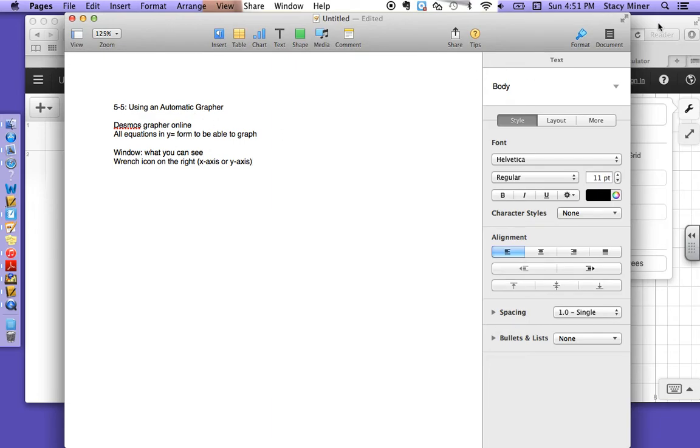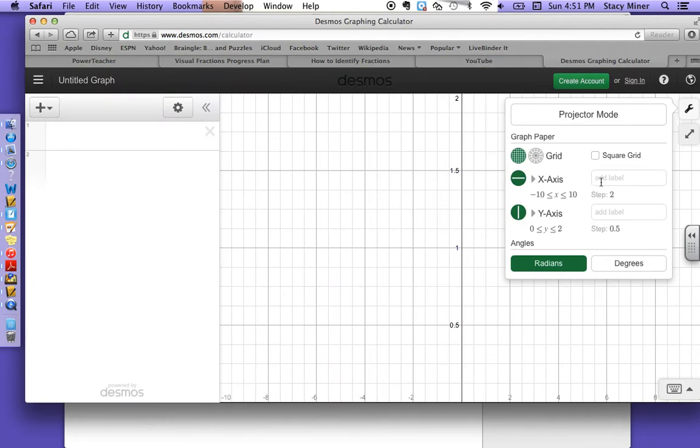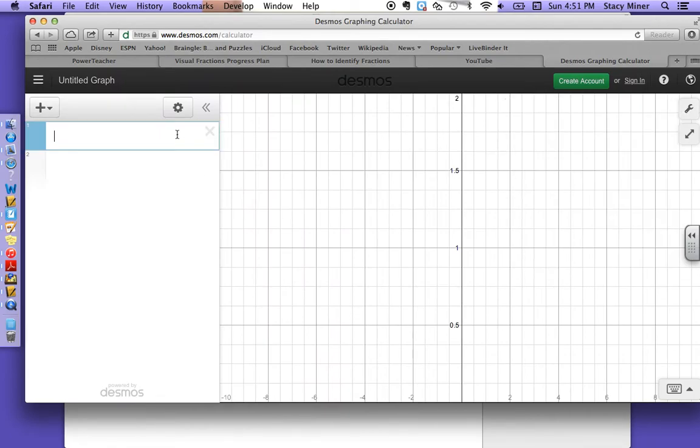All right. Okay, so let's look at some other things that we might want to do. I'm going to type in a couple of equations. Y equals 4x minus 5. Okay, notice right now I can't really see anything that's important. I can't see where it's crossing the x-axis or y-axis. So something you can try to do is